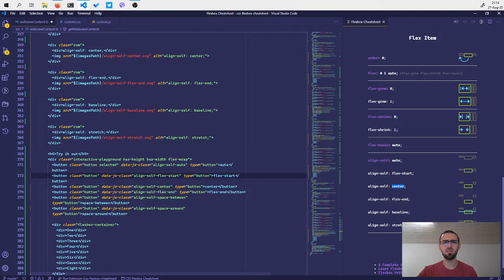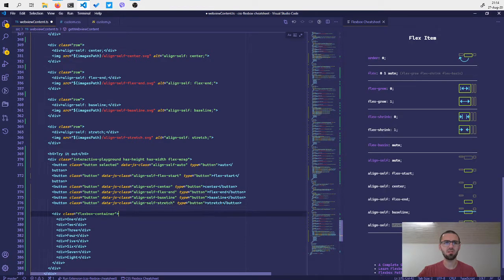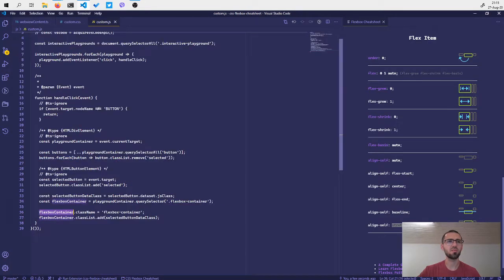Flex start, then center, flex end, then baseline, and the last one is stretch. So let's see, I have these buttons, and each button has a data-js-class with some value. So when I click that button, this value will be picked up in JavaScript in this file,